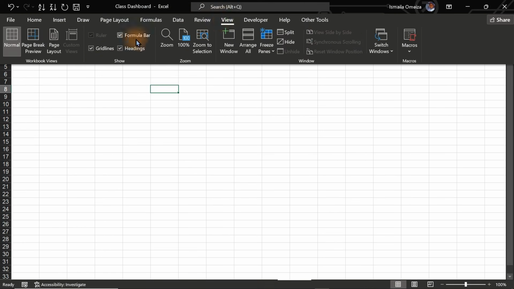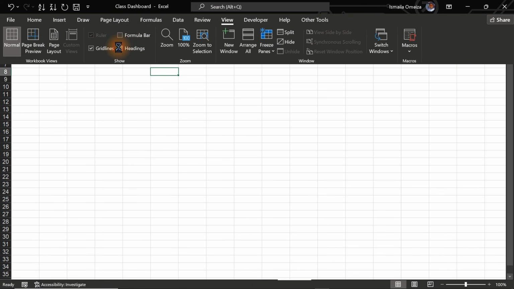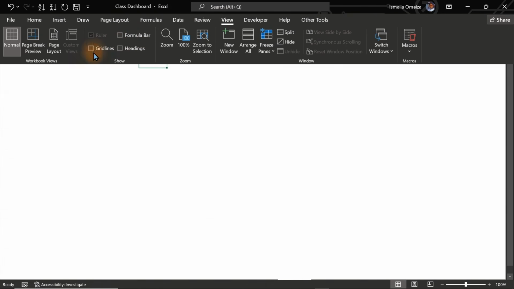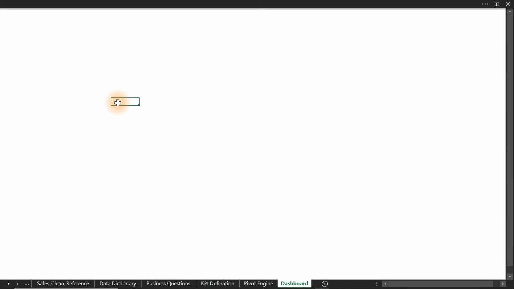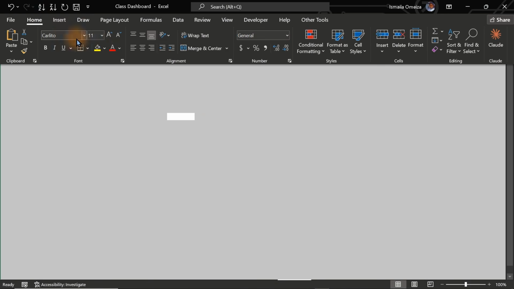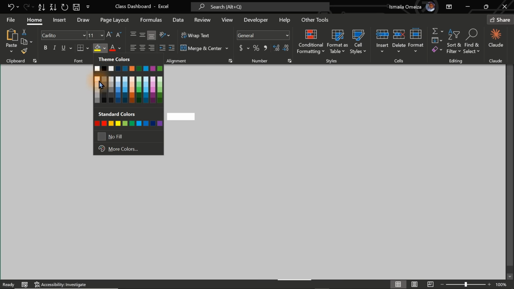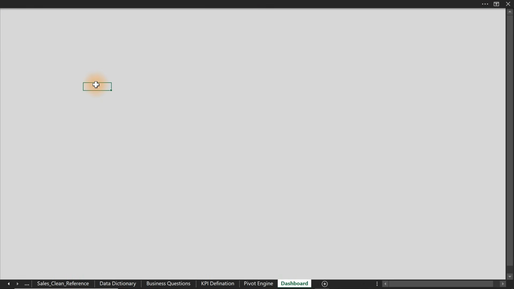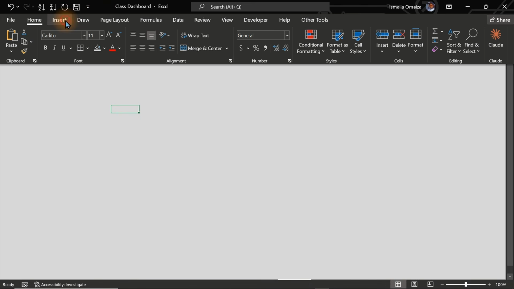Let's go over to View and turn off this particular formula bar, headings, and grid lines right in here. You have something as plain as this. All right. The next thing you have to do is just Control A to highlight every single cell in this very worksheet. Then let's go to the top ribbon, go to Home. From Home, click over here and select this second one here. Then you can see how dark it is right now. It's no more normal white. So once you have done this, the next thing I'm going to do, go back to the top ribbon, go to Insert,